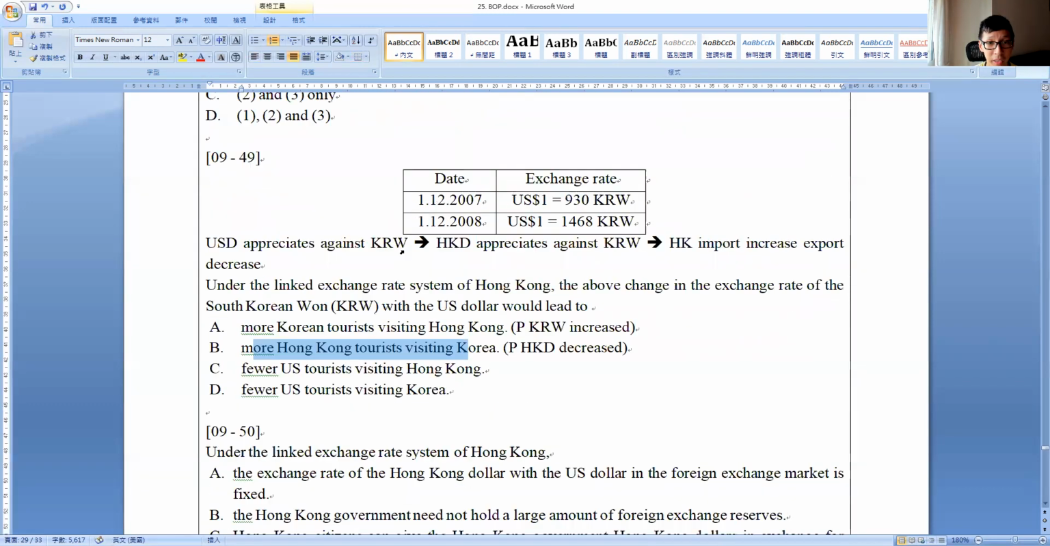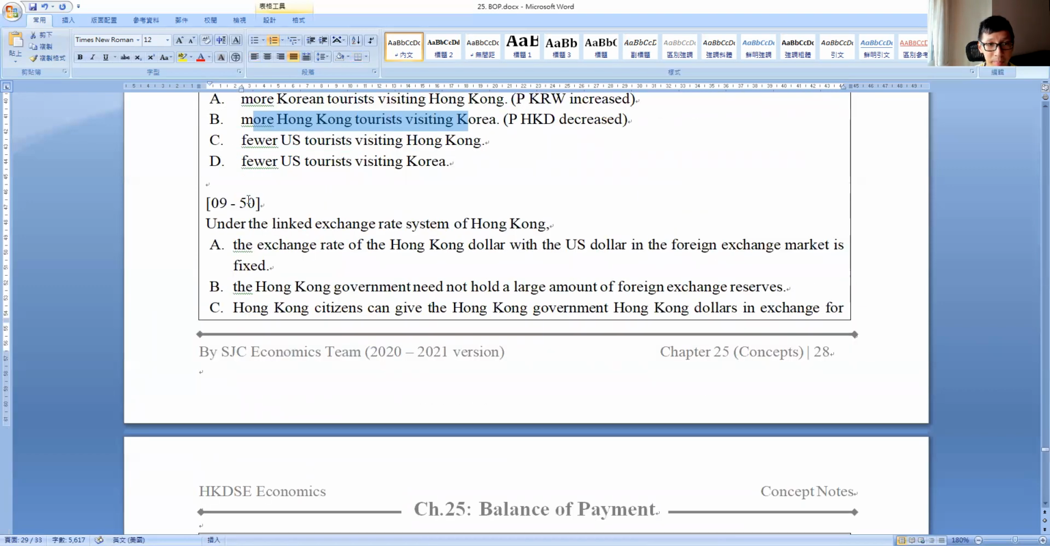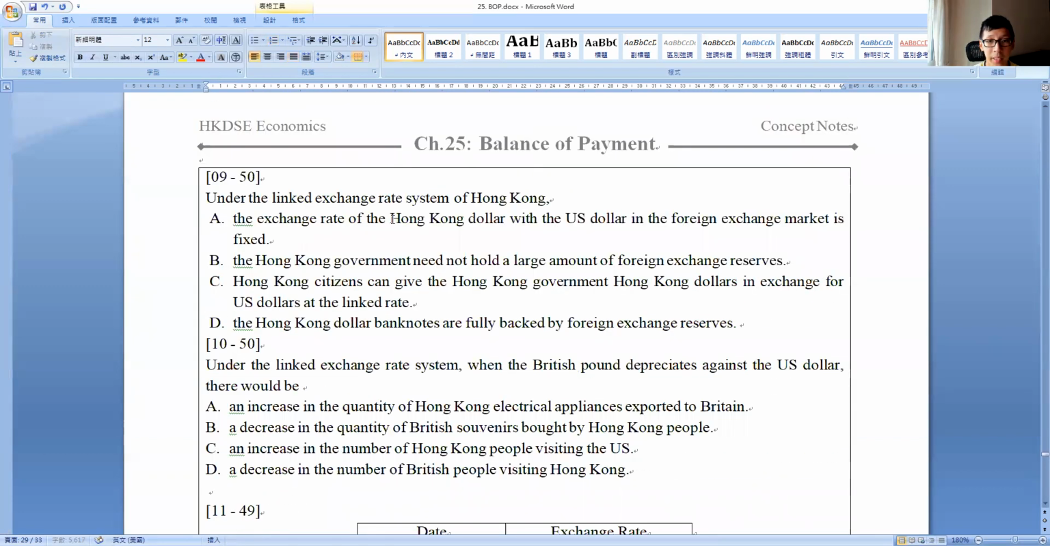Now under the linked exchange rate system, I'll look at the layout first, it's a bit messy. So what happens? The exchange rate of Hong Kong dollar with US dollar in the market is fixed. We have said it many times: the market is floating, not fixed. Hong Kong government need not hold a large amount. No, just the opposite. They need to hold an extremely large amount of foreign exchange reserve. Hong Kong citizens can give the Hong Kong government Hong Kong dollars. Can you? No. Remember,